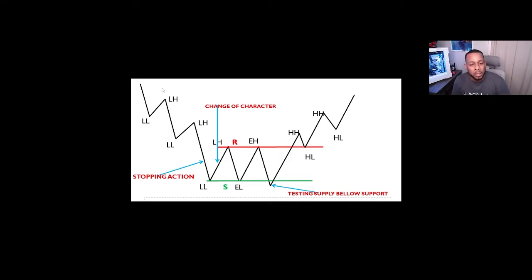So with that being said, you see here, once price hits its lower low and it reaches support, and then you get a little resistance here, it just kind of trades between those two ranges. In that range between the resistance and support at that point in time, then you'll see it test the support below before it takes off and goes back to a higher high